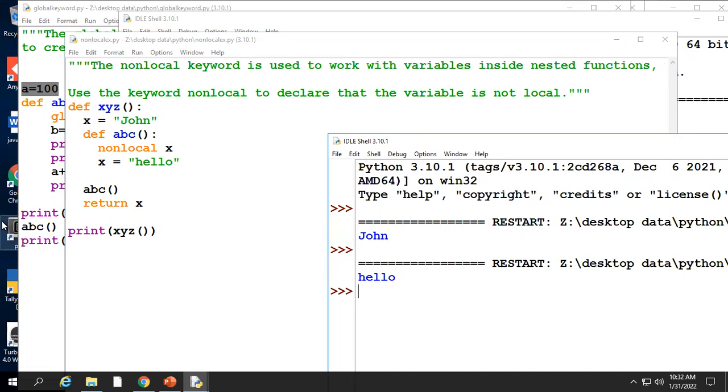Otherwise, normally we can do the programs without it. No need of using non-local and all. And when to use the global keyword? If you want to refer to any global value inside a function, then we have to use the global keyword. Clear? And one more thing in functions, that is about